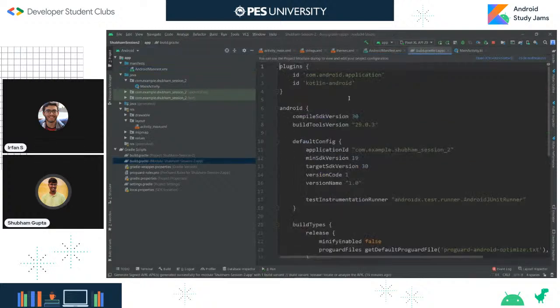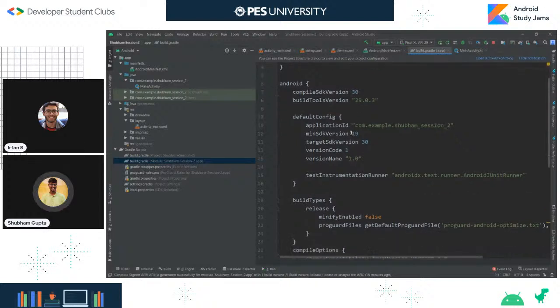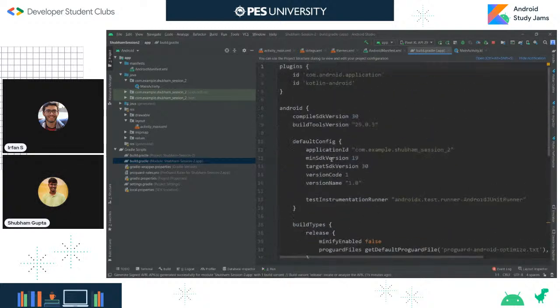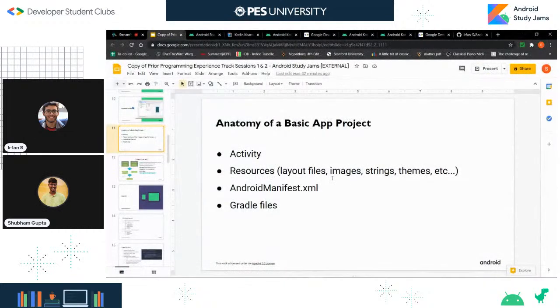The Gradle file basically tells you all the dependencies your app will be utilizing, along with the Gradle build tool, which is something every Android project needs. So to understand the Gradle build tool,